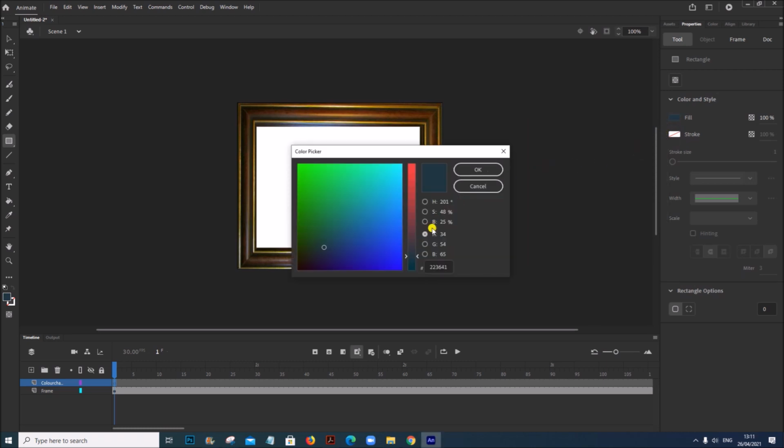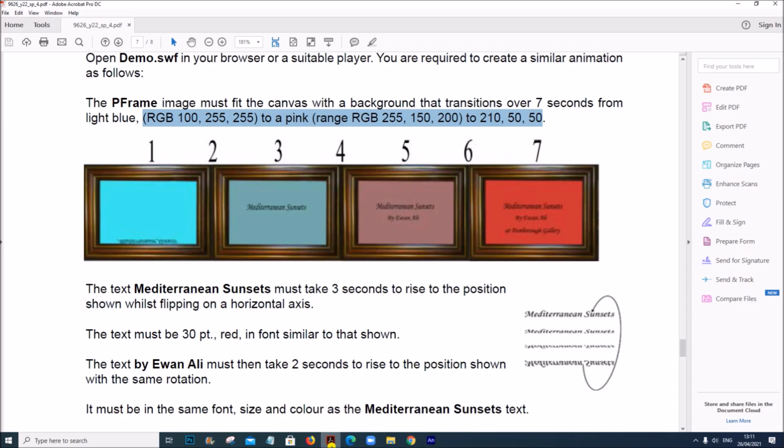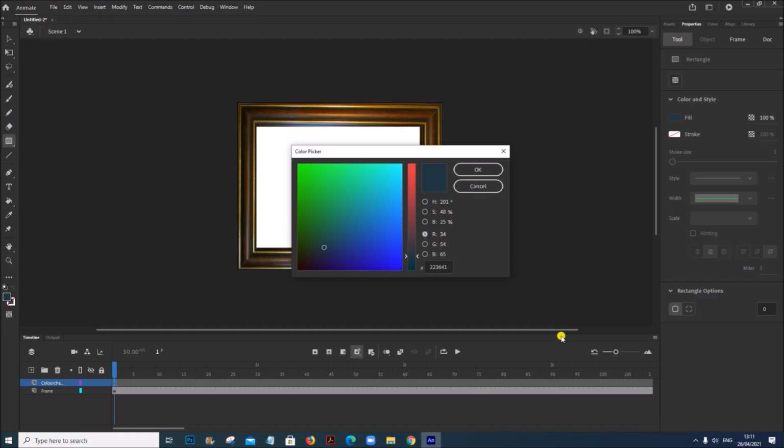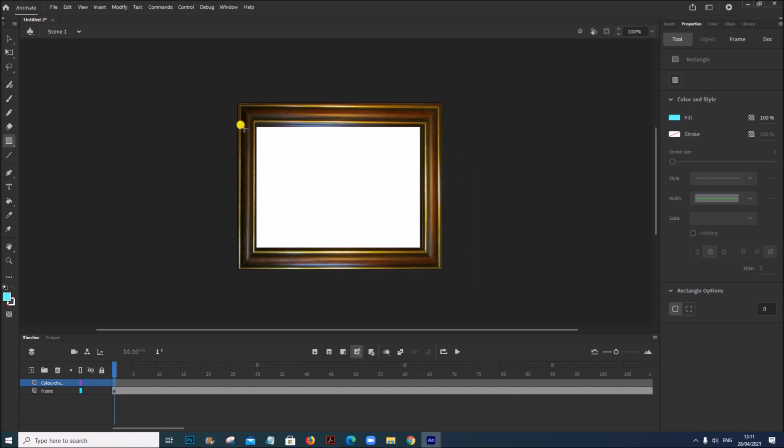Click here. You can enter the red, green and blue values. So 100, 255 and 255. Give OK. Draw the rectangle.